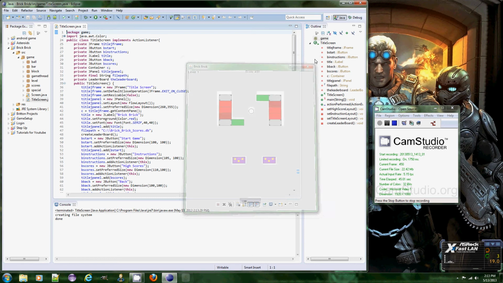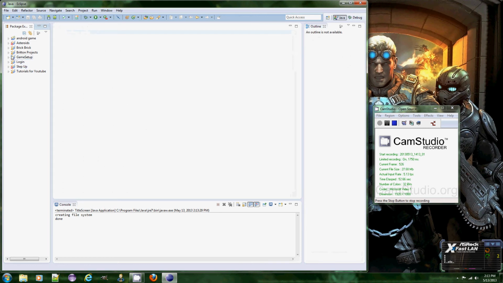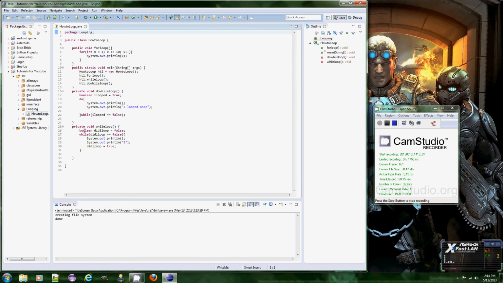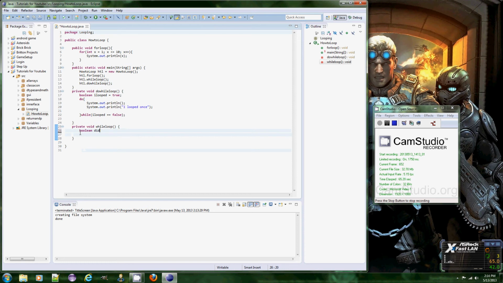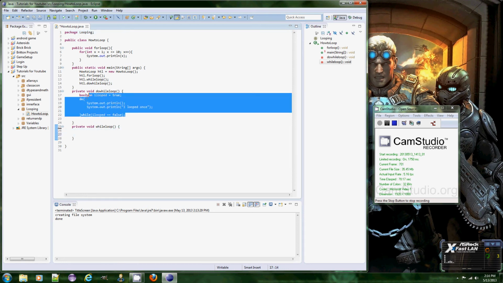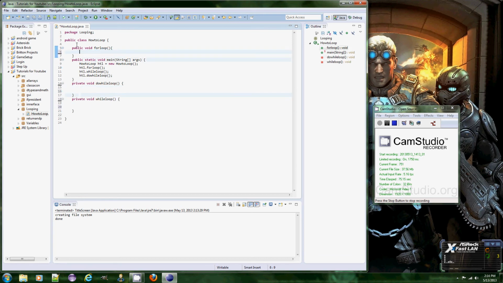So I will start discussing. Let's start talking about looping. I already made a package for us. It's called looping, and the class name is how to loop. I actually already got started in here because I've done this tutorial like 3 times now. It keeps messing up. So alright, well, I'm going to keep this here. I already have the main method, and I'm going to call these 3